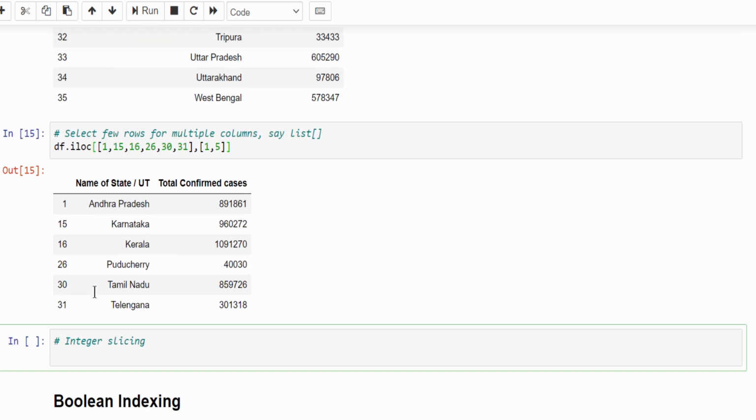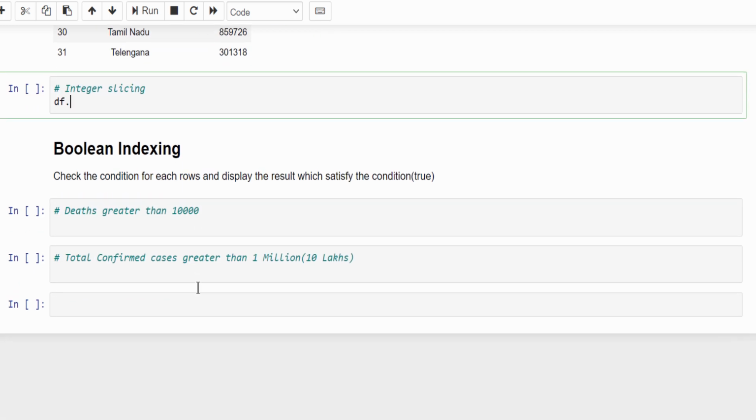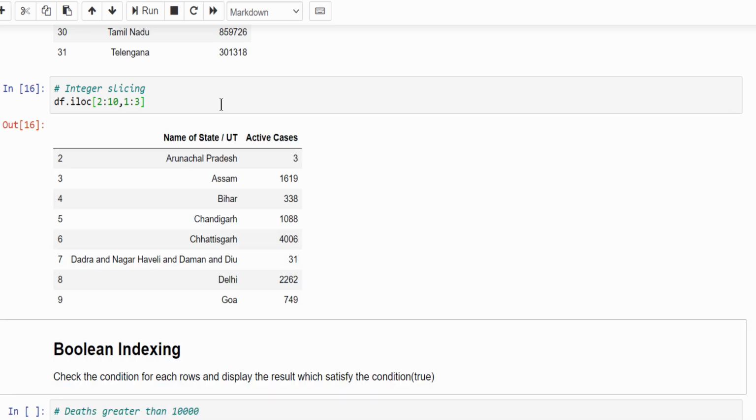In addition to that, we can also use the integer slicing mechanism, that is df dot iloc square bracket, the left side row. For example, I want to display from second row till ninth row, always n minus 1. Then column, from first column till third column. This is also another way we can slice the data. Let's execute.